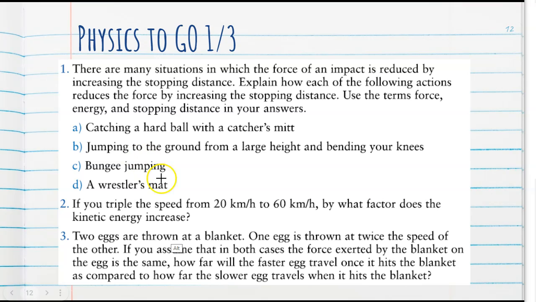If you triple the speed from 20 kilometers an hour to 60 kilometers per hour, by what factor does the kinetic energy change? Well, we know that kinetic energy equals 1/2 m times v squared. We're tripling the speed, so we are tripling the v, right? If we're tripling the v, then that 3 is also going to be squared, so that means this is going to be 9